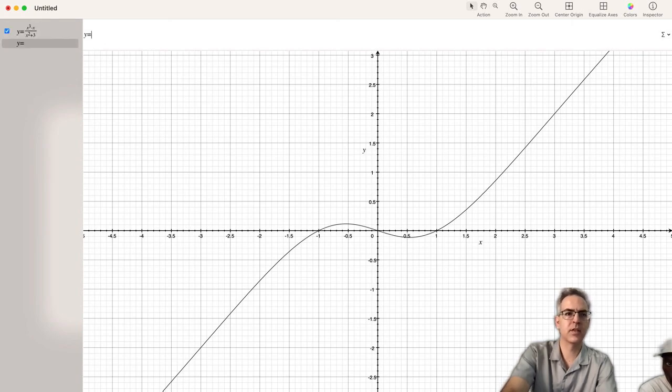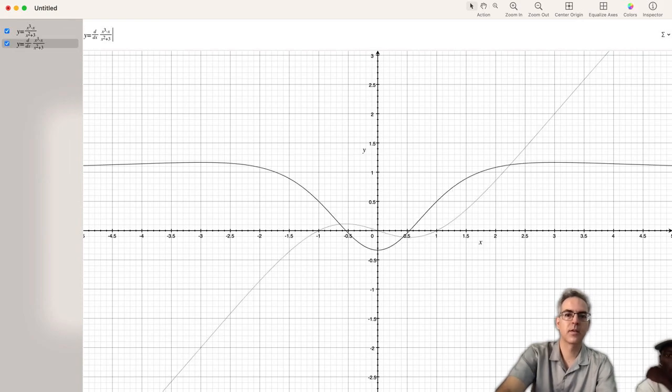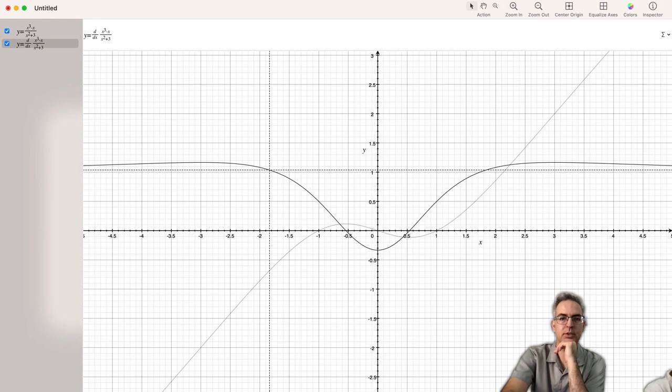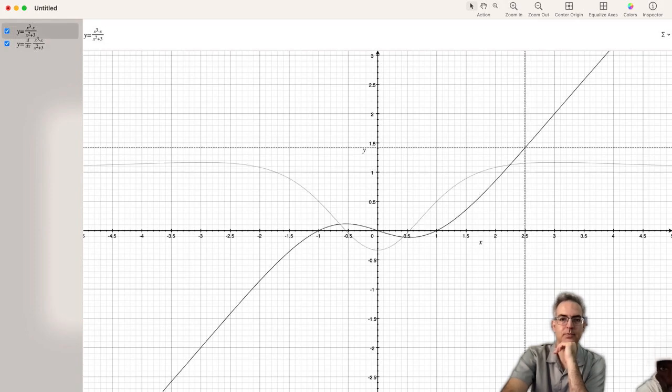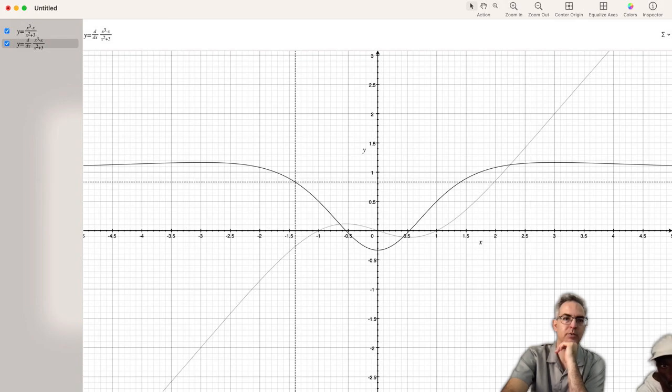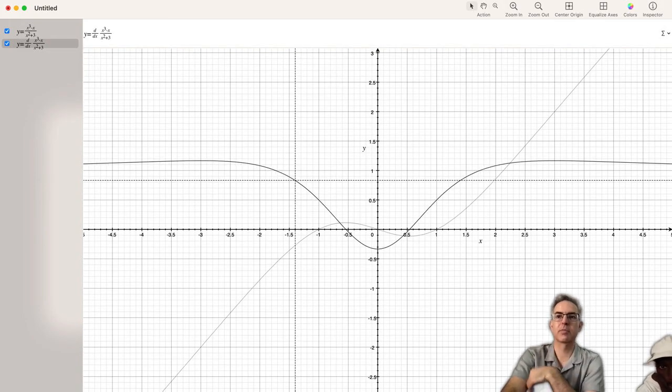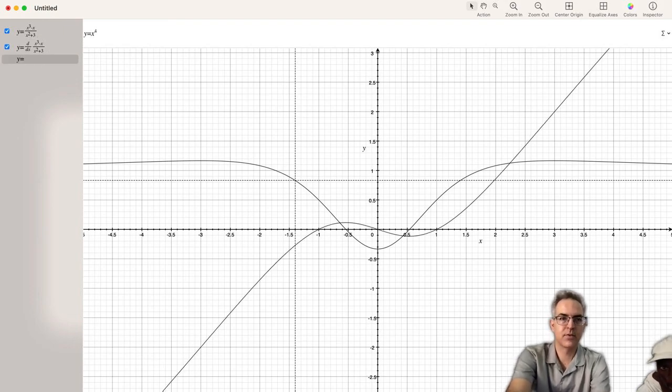Okay? And then I can do another one. I don't need 2 y's, but I do need d by dx of this thing. So now this line is the derivative of the first one. The computer's doing the derivative up there. I don't know if I can make it bigger. But we did it ourselves, so we could check, is x to the fourth and x to the fourth